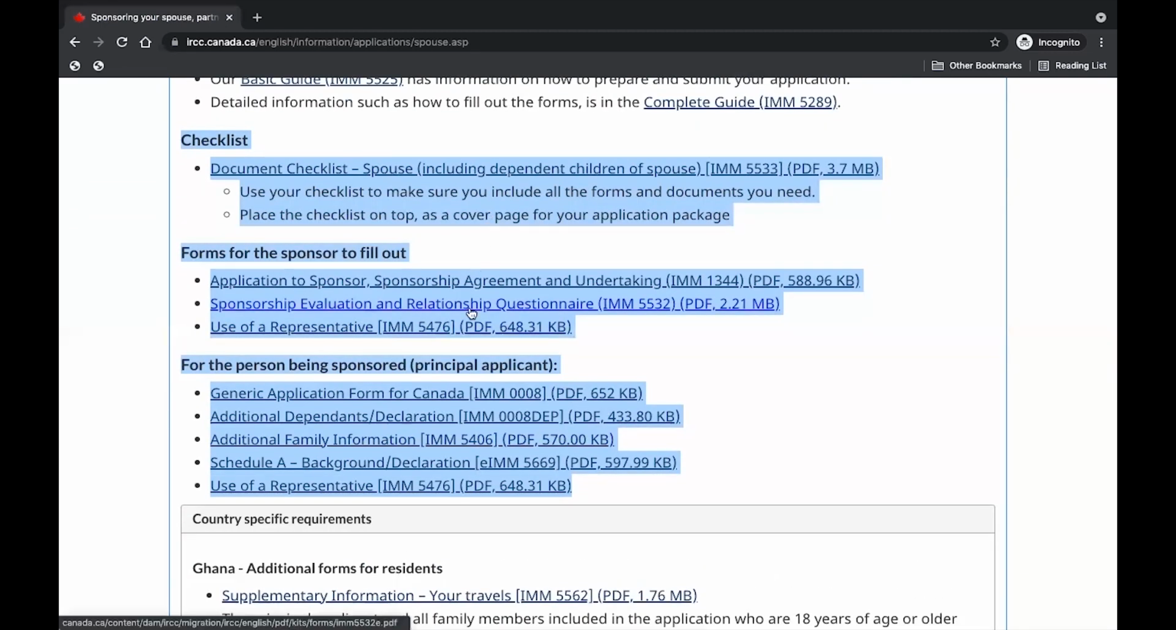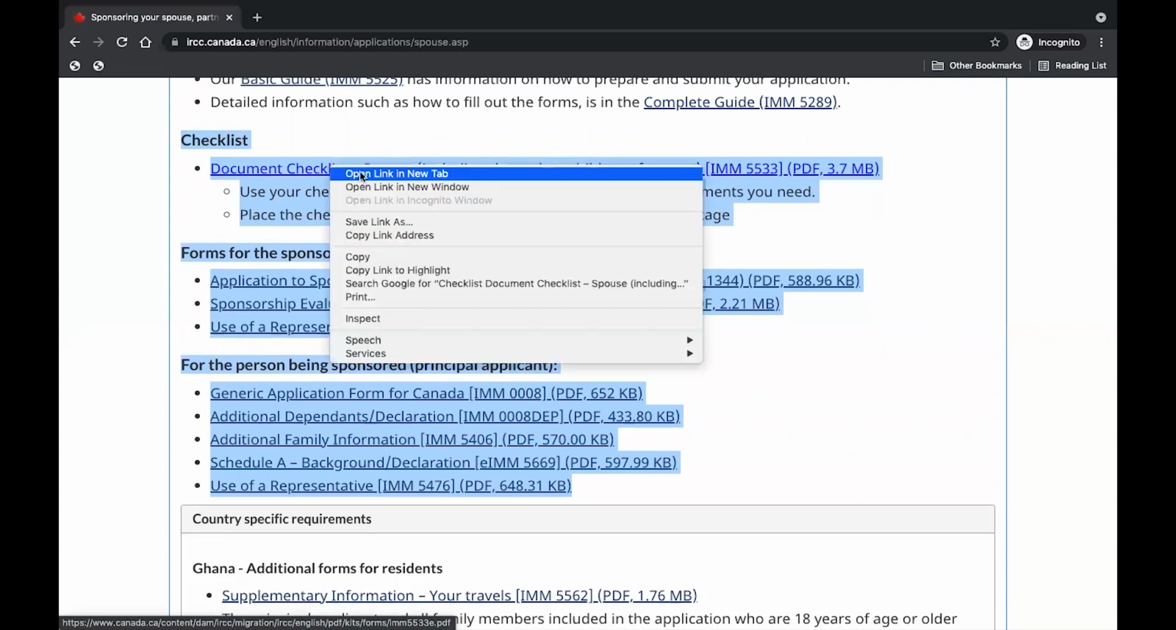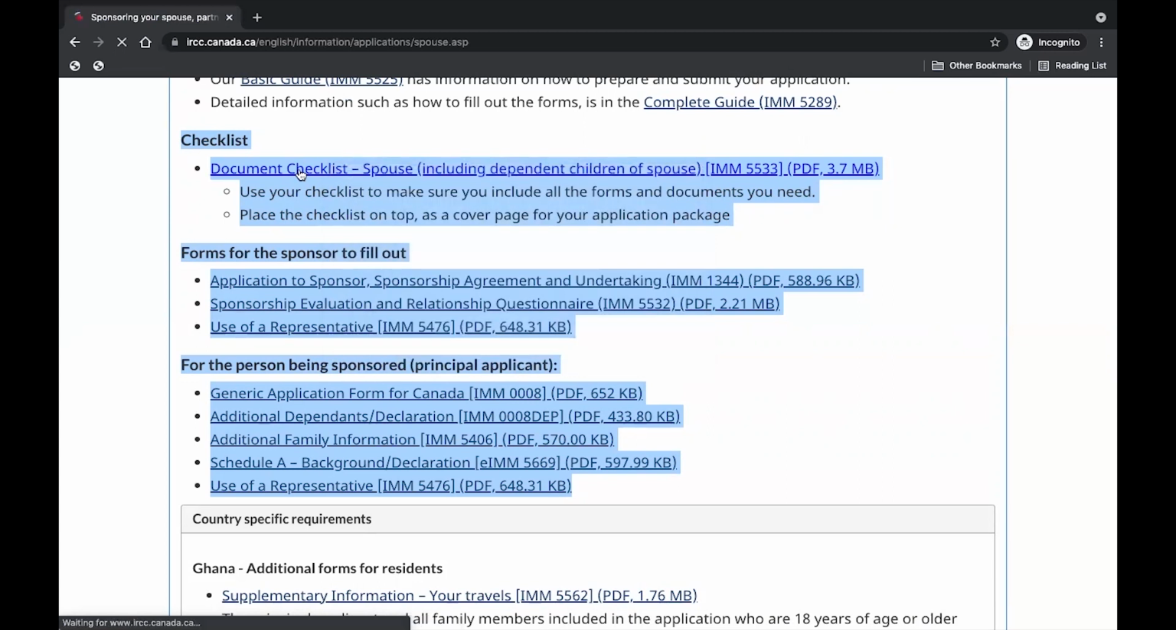So go ahead and download all these forms, and then we are going to start filling them out one after the other. To download this, all you have to do is click on it. You can open in a different link, or you can just click on download. It opens up